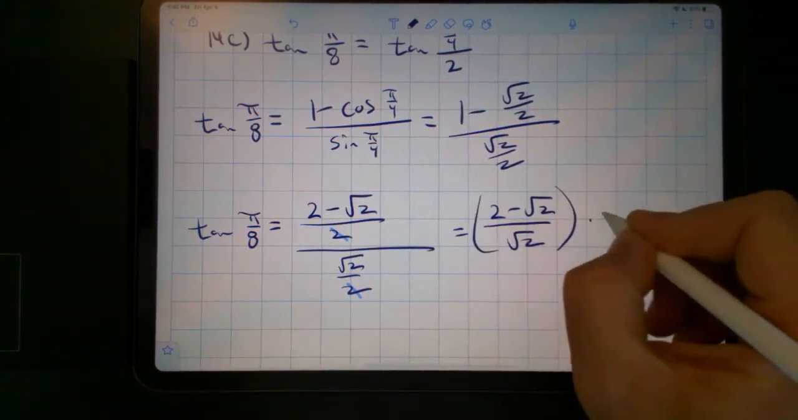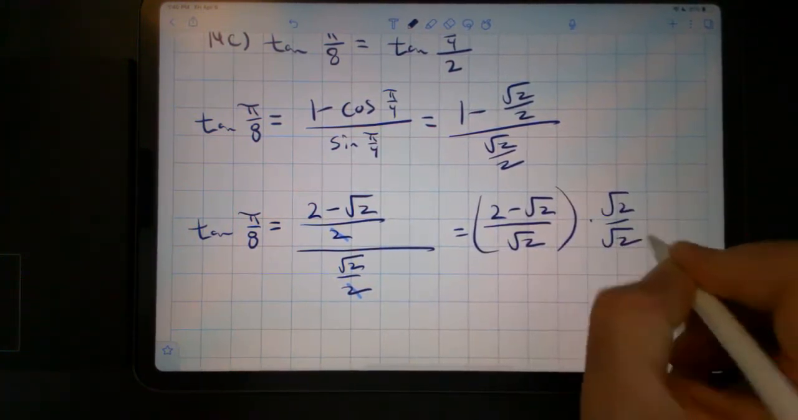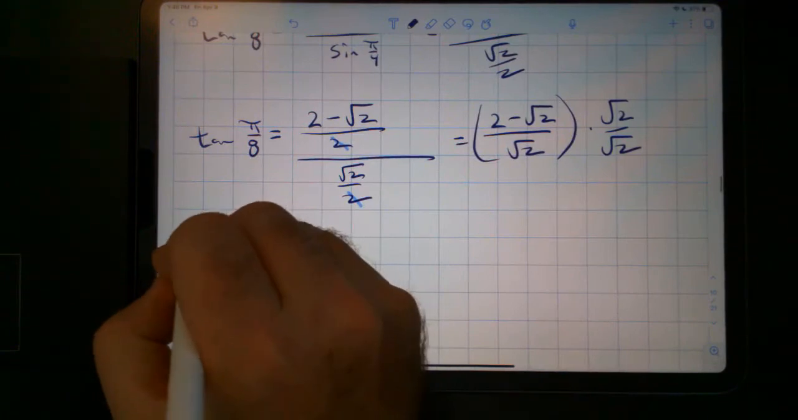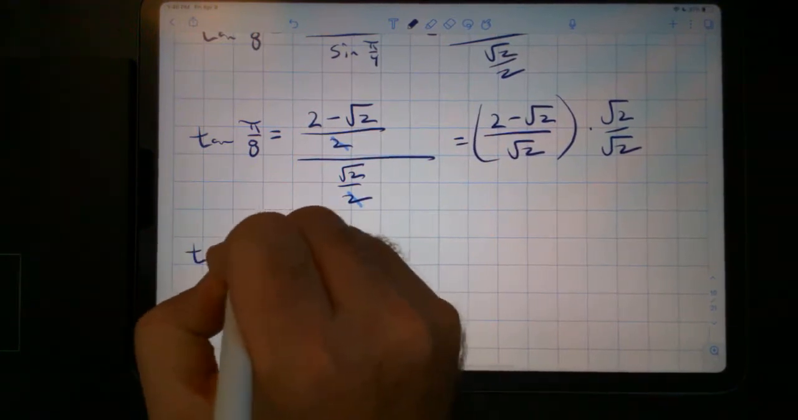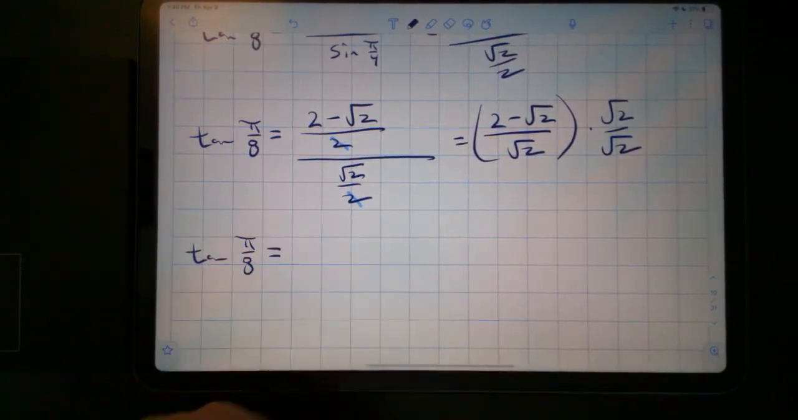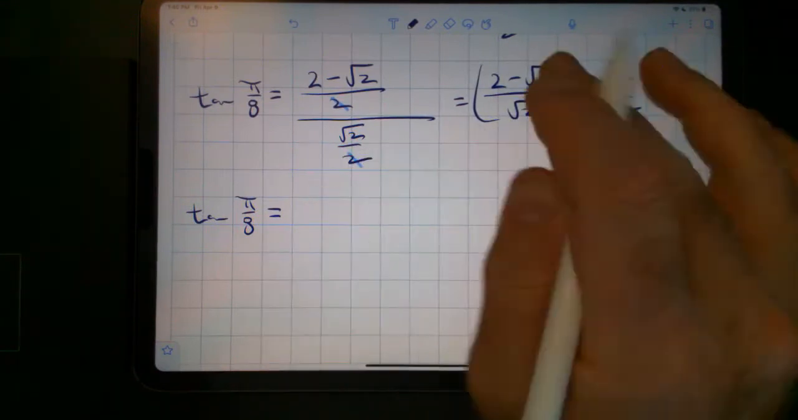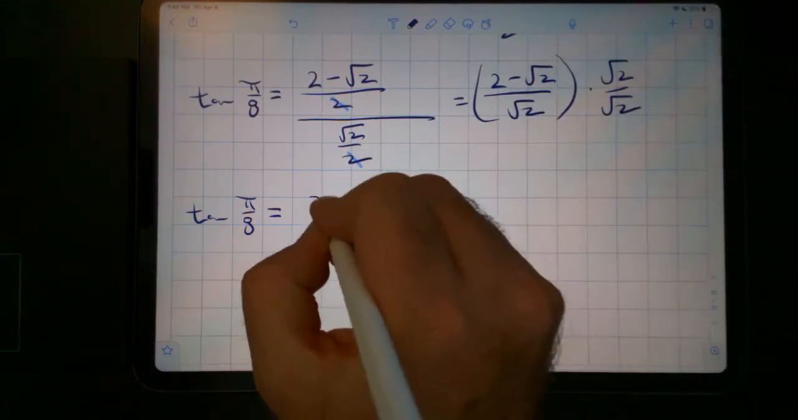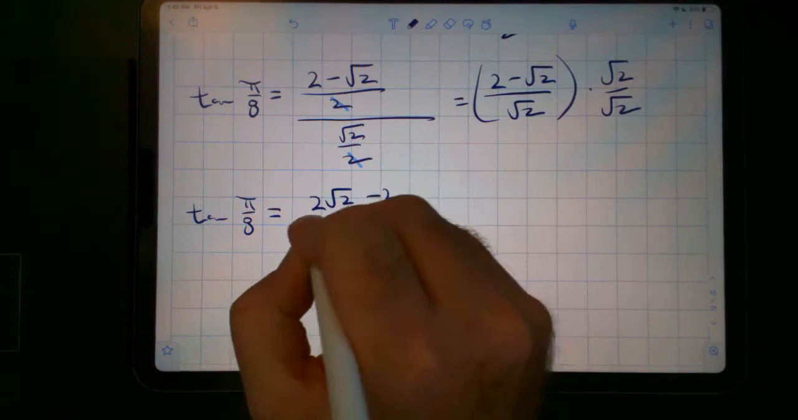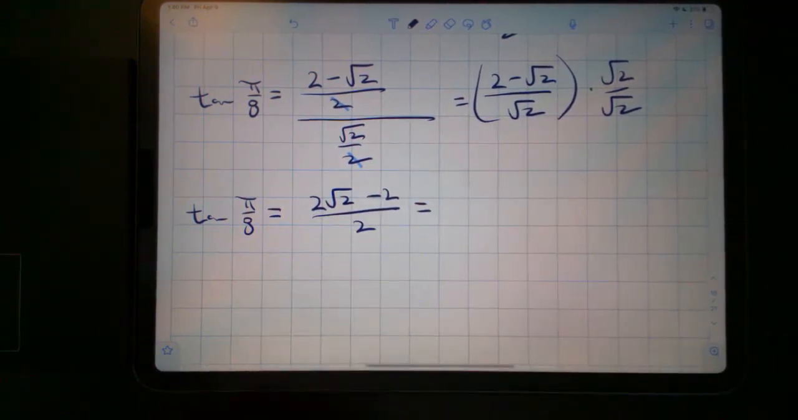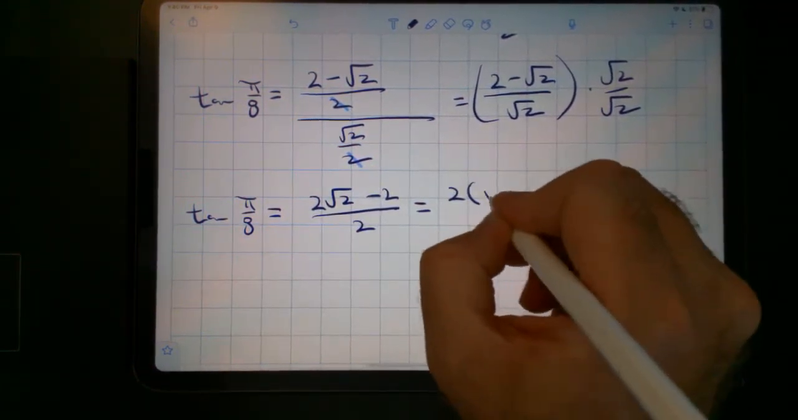And then if we were to rationalize the denominator, we see that tangent of pi over 8 is equal to 2 radical 2 minus 2 divided by 2, which will be